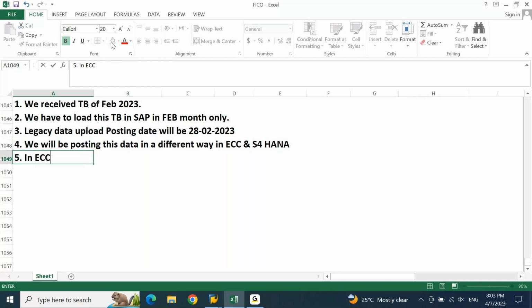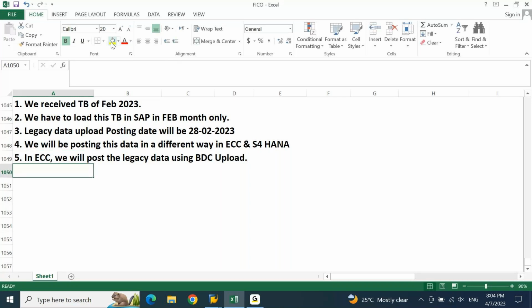In ECC, we will post the legacy data using BDC upload. Okay, in ECC we will be posting the legacy data using BDC upload, and in S4 HANA